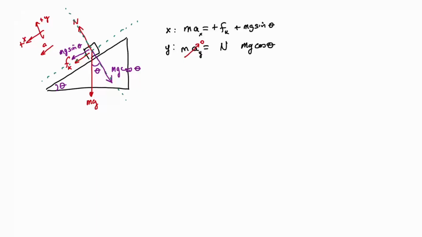The answer is all of them. Normal, positive or negative? mg cos theta? Anybody confused on why the mg cos was negative and the normal was positive? It's okay to admit it. Admit it now. Don't wait till Thursday. Okay. Why